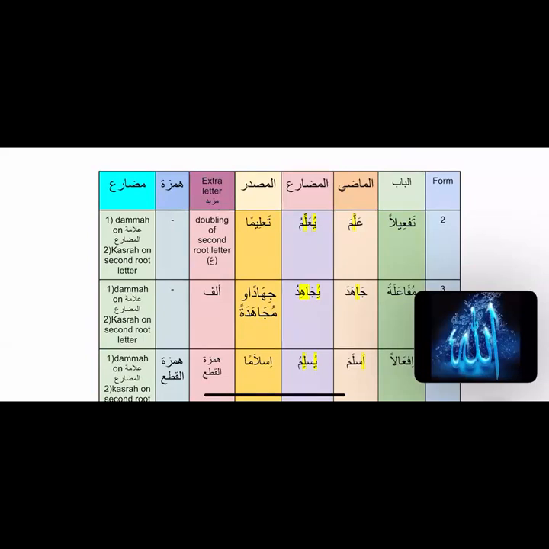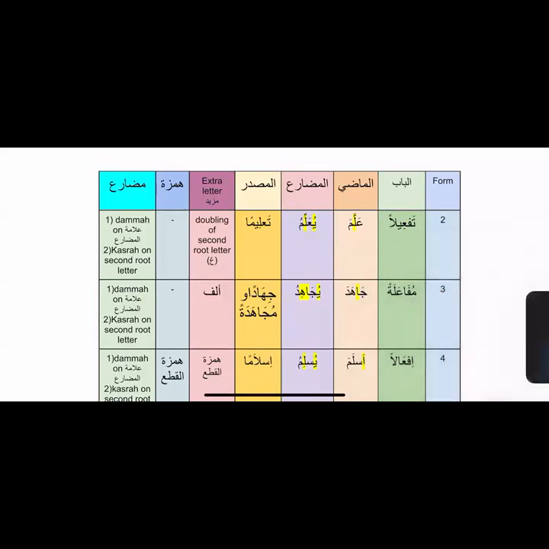When it comes to family number 3, Mufa'ala, what is the additional letter that you see, my dear sisters? Alif. There is an alif. And where do you see? What is the location of an alif, my dear sisters? The location of alif is right after your Faul Kalima, right? It's right after your Faul Kalima. So there's one more letter, right?